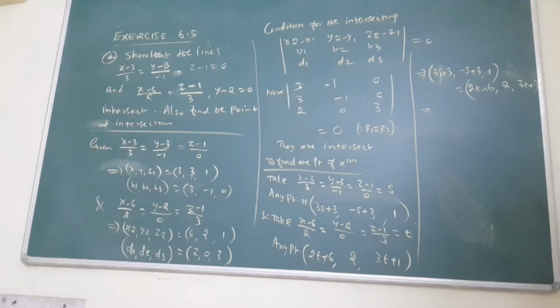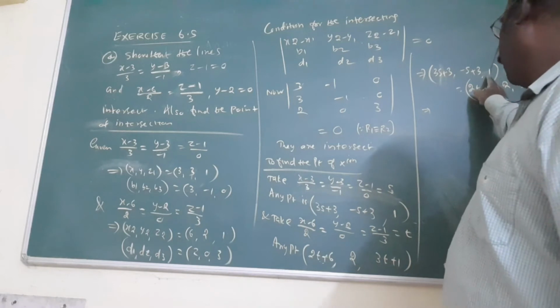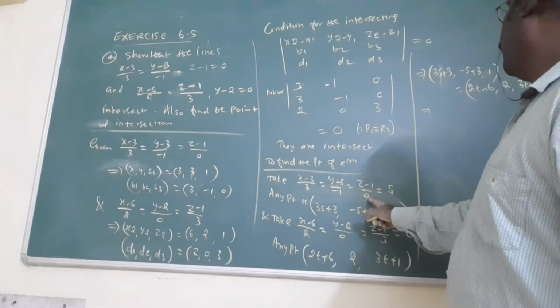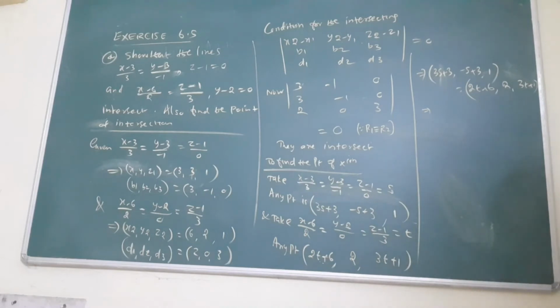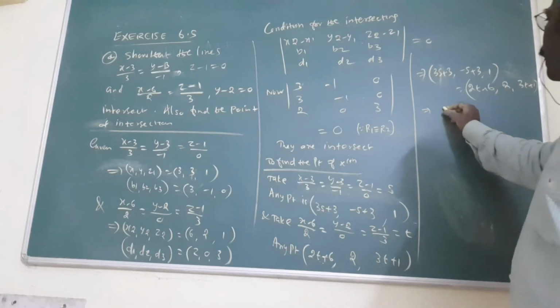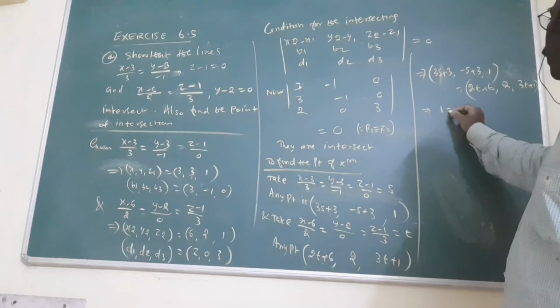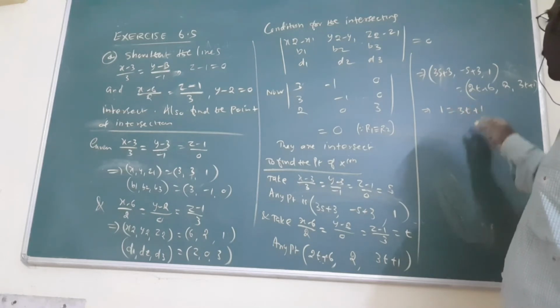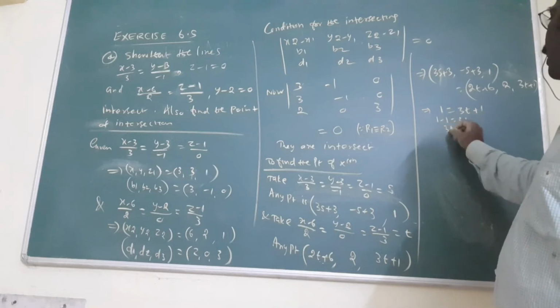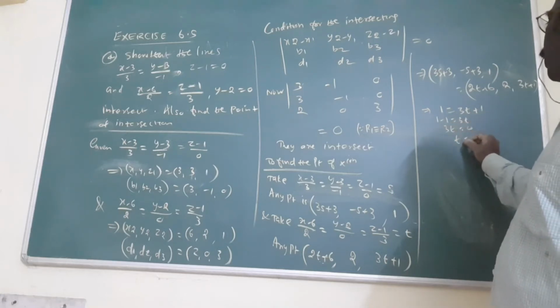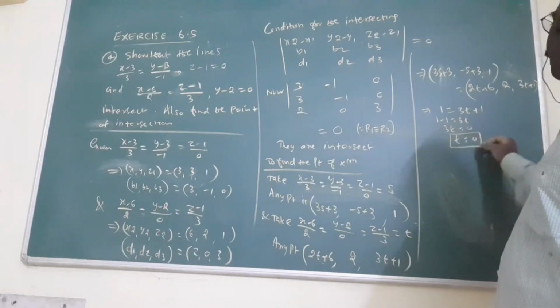3t plus s, then minus, actually what is not 1, actually 1 only. Am I right? Minus will get only. Now equate the last point with the last point. 1 equal to 3t plus 1. Am I right? 1 minus 1 equal to 3t. 3t equal to 0. t equal to 0. Am I right? First point goes.